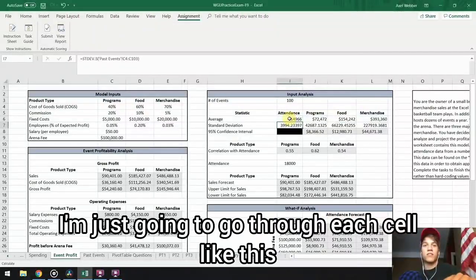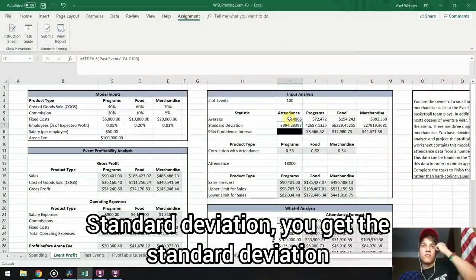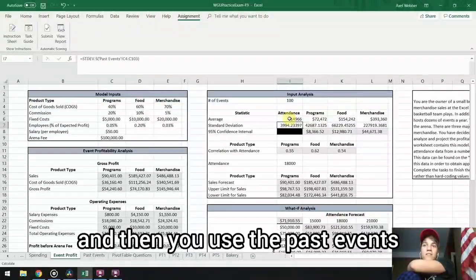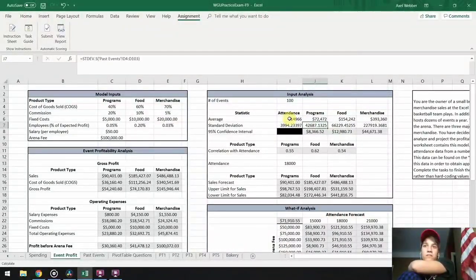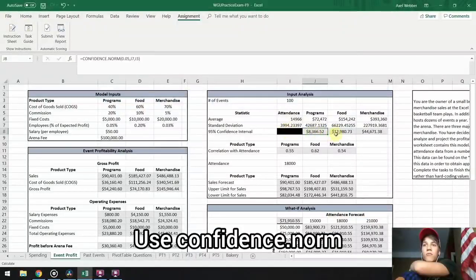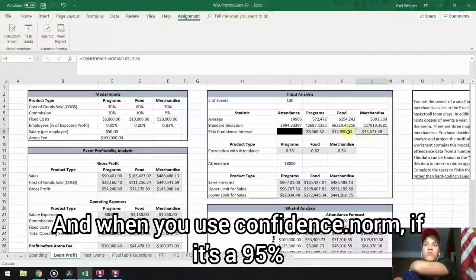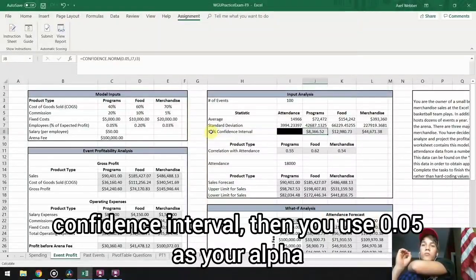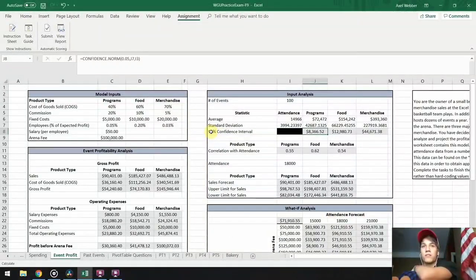I'm just gonna go through each cell like this. Standard deviation: to get the standard deviation, use STDEV.S, and then you use the past events. Simple. And then for these, use CONFIDENCE.NORM to get the confidence interval. When you use CONFIDENCE.NORM, if it's a 95% confidence interval, then you use 0.05 as your alpha. Okay? And then J7, which is